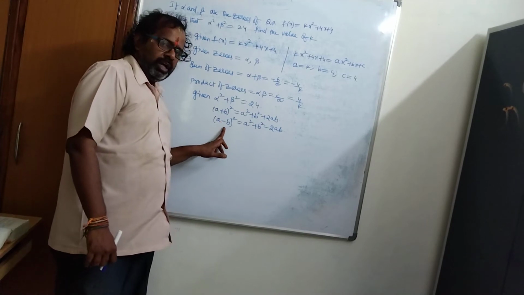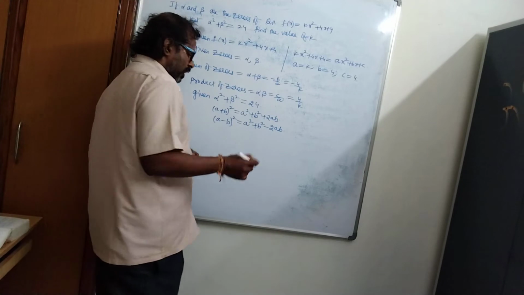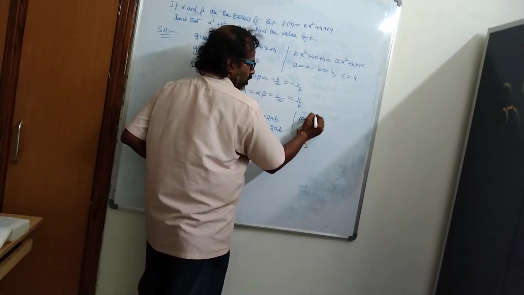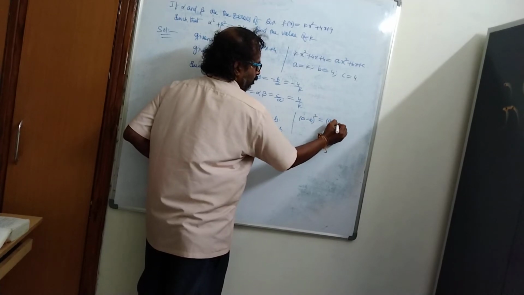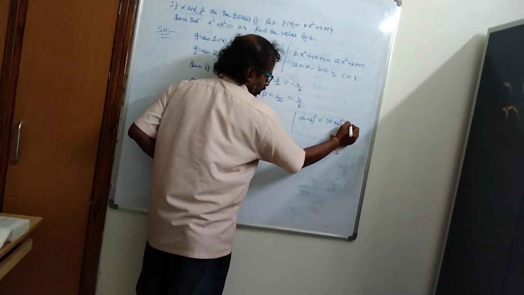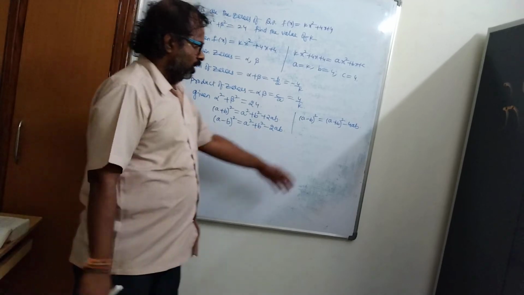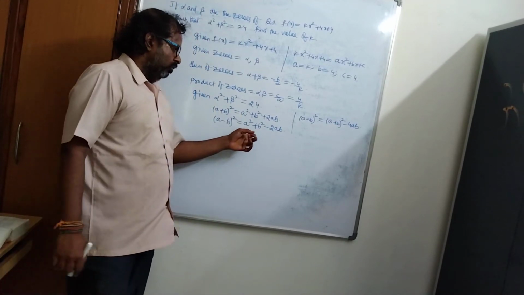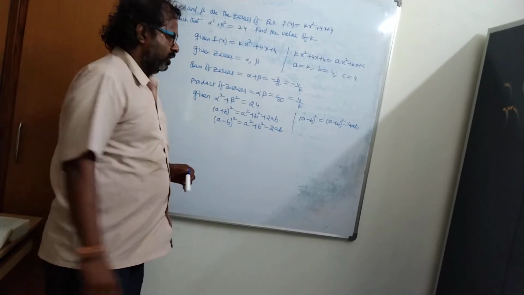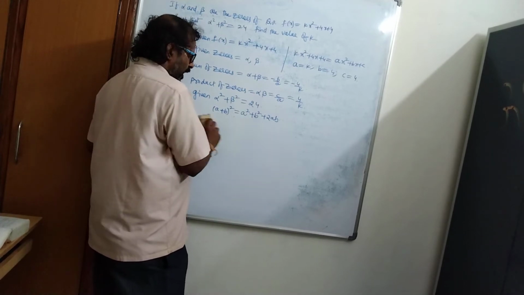But from where will you get alpha minus beta? We have only alpha plus beta. So even if you want to do it by this method, again we have to use the formula (a - b)² = (a + b)² - 4ab. If you use this formula, then you can get the value he is asking for. But that is a very lengthy process. So what we do is we take the first formula and solve it.